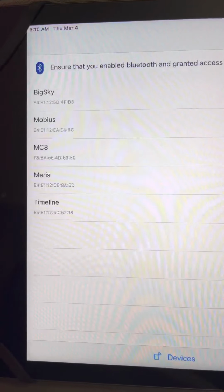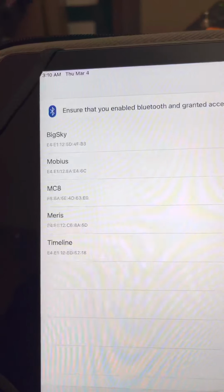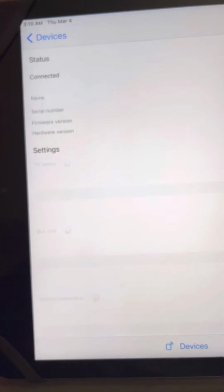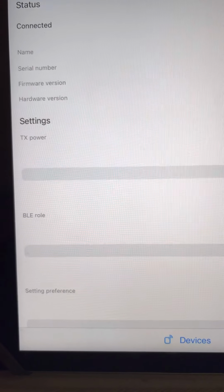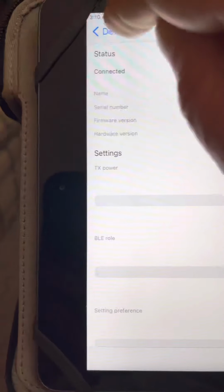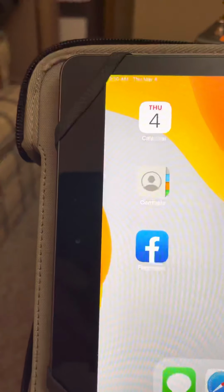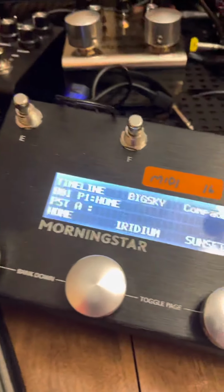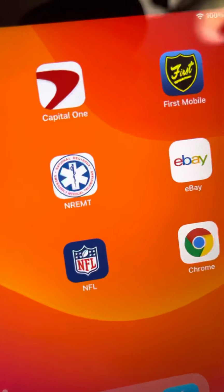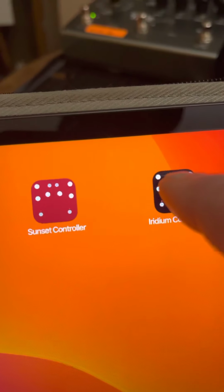you'll notice that everything is showing up in the WIDI app on my iPad. Okay, and the Meris is where we're plugged in, and you can see that I have it set up as force peripheral. All of them are set for force peripheral currently. So now if we go down here and open the Iridium controller app,